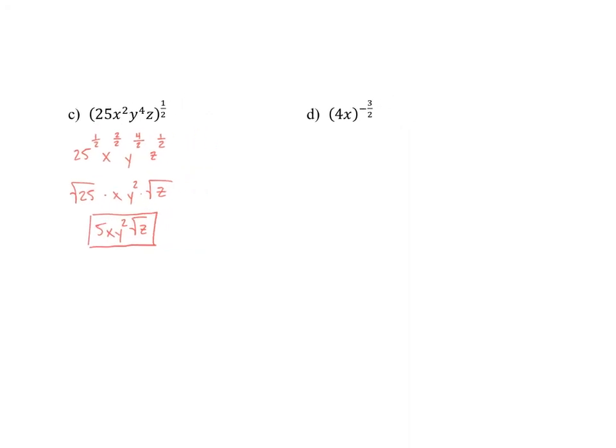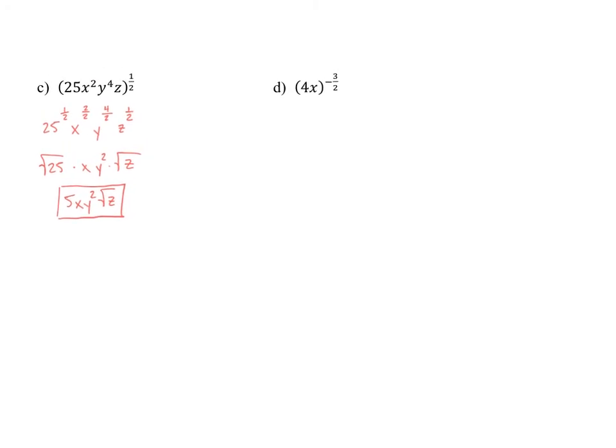And then this last example here, D, says that I have 4x to the negative 3/2 power. So hopefully you watched the negative exponent notes before these. But when you have something to the negative power, that's the same as 1 over that whole thing to the positive exponent. Okay, so what we have here is 1 over, we've got 4 to the 3/2 times